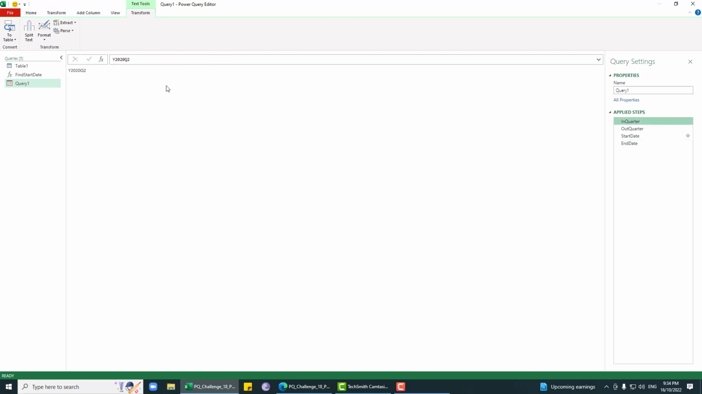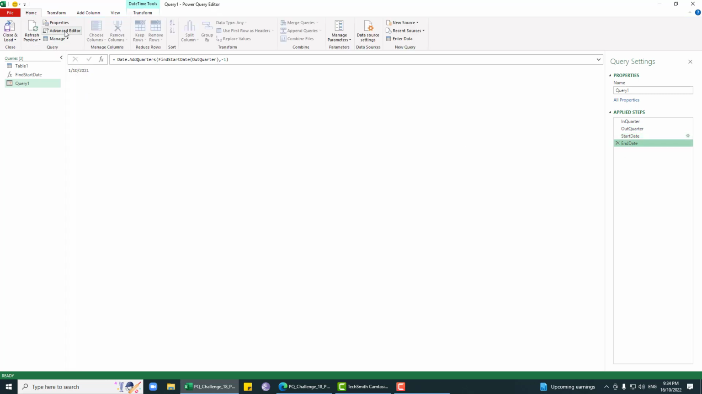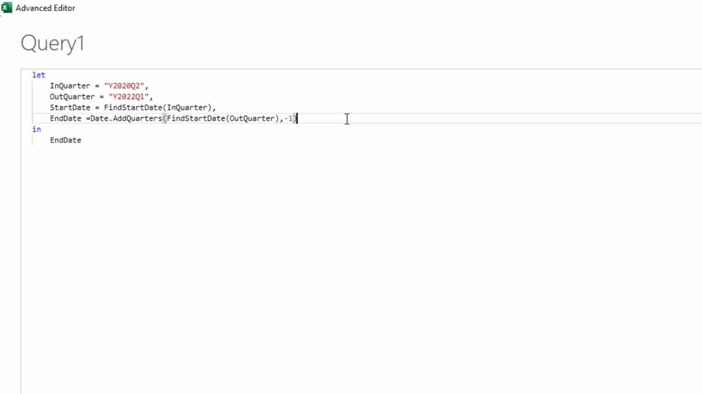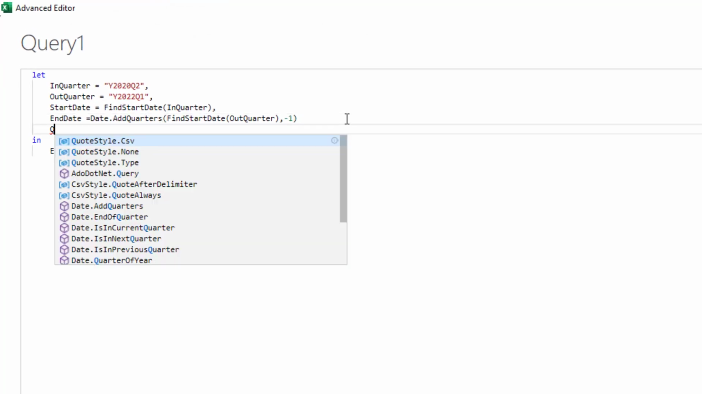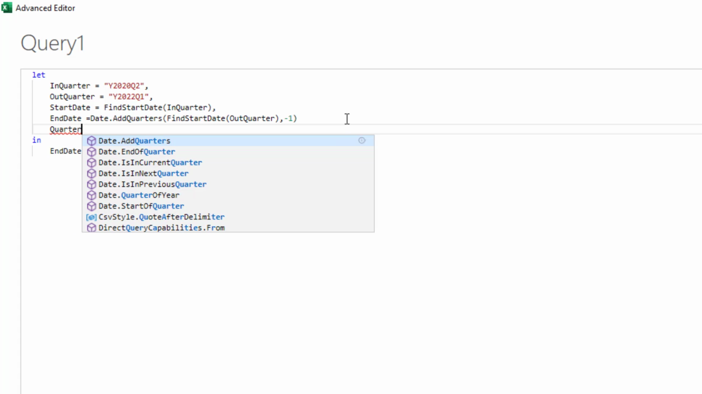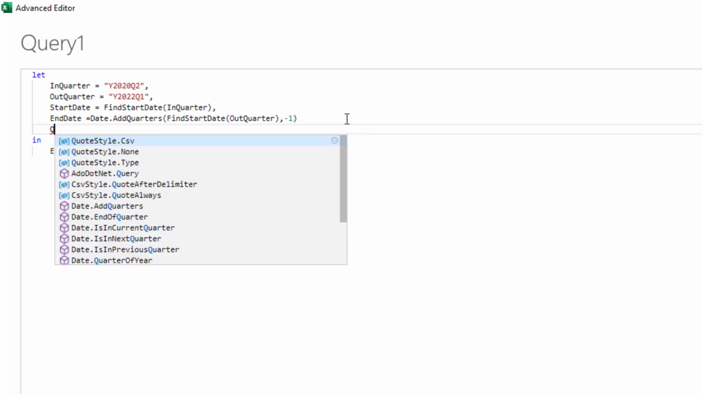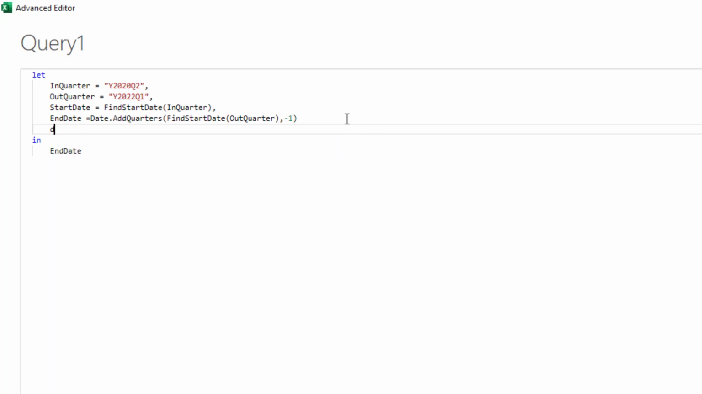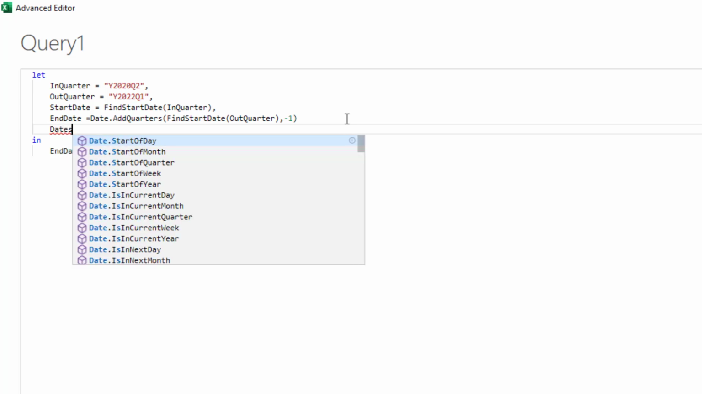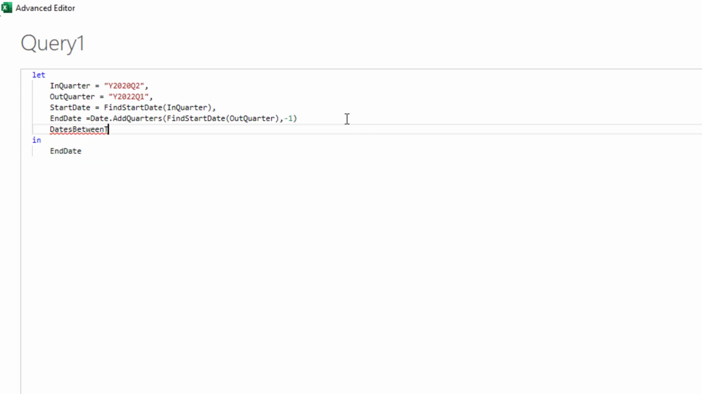So this is my in quarter text, this is my out quarter text, this is my start date 1/4/2022, this is my end date. Now I need to find all the dates between these two dates, so I can just say quarters, or I can say dates between two dates. Now I can just say